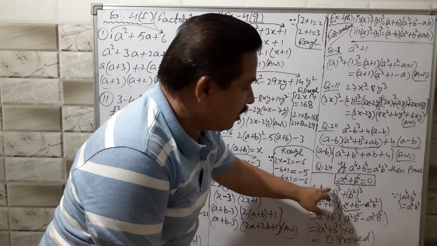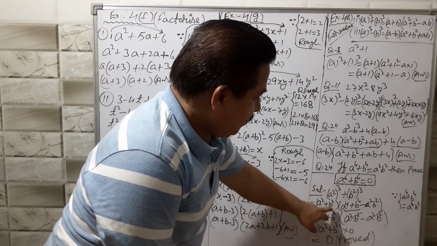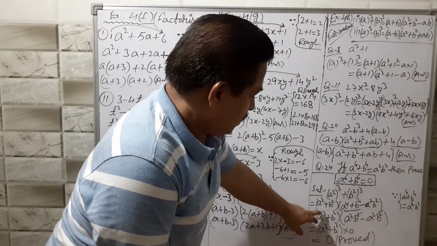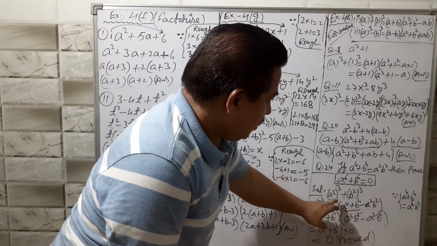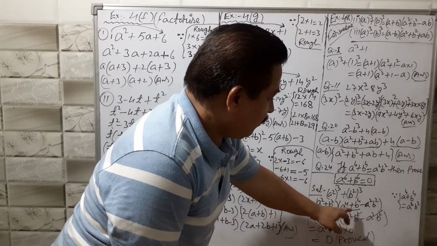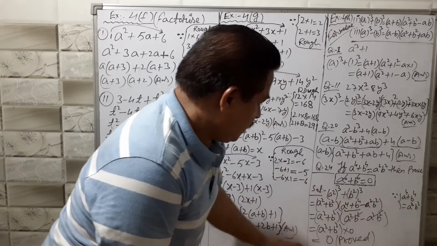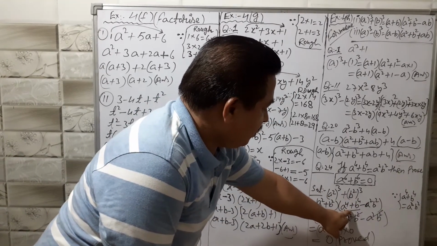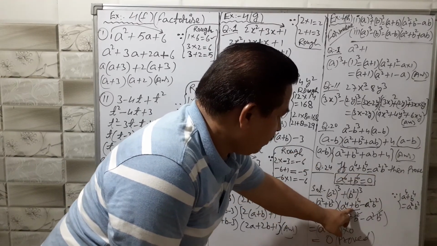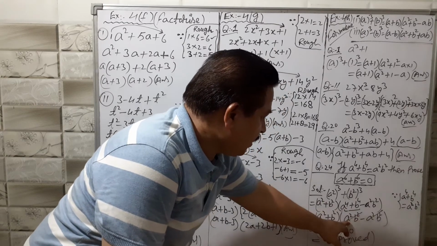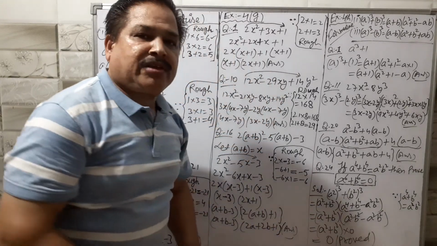This a square is supposed to be a and b square is supposed to be b. So a plus b. See the first formula. A square plus b square in the first bracket. In the second bracket there will be a square squared, a4, and b square squared, b4, minus this into this. Now this can be replaced. This can be replaced by a square b square. This is given. So in place of this write a square b square. Now these two will be cancelled. 0 will come out over here. Any bracket multiplied with 0 always gives 0.